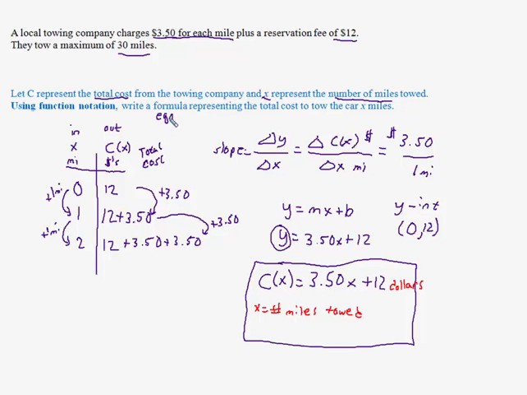I've always thought of a formula as an equation, but certainly if they say find a model, they're always asking for the units and the meaning of the input. The units are number of miles, the meaning is miles towed, and then we put the units on the output. So done with the video, but if you're interested why y equals mx plus b comes out, don't stop the video